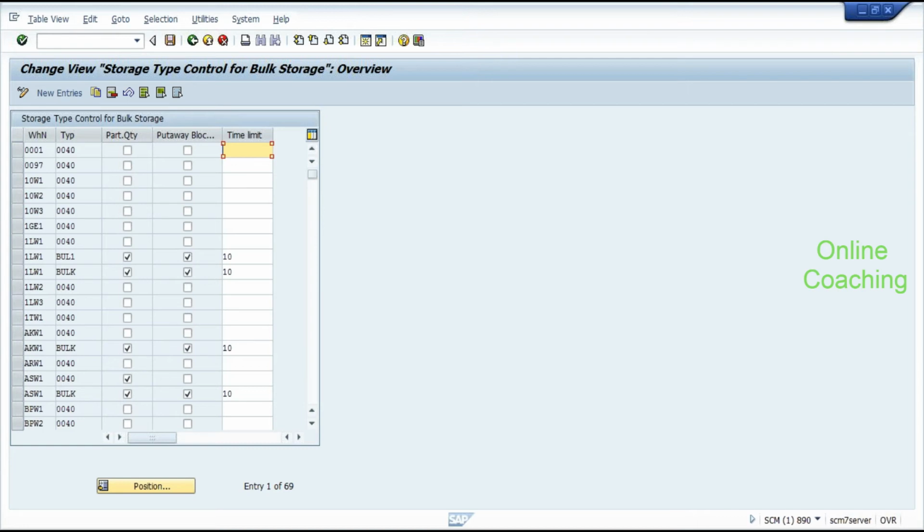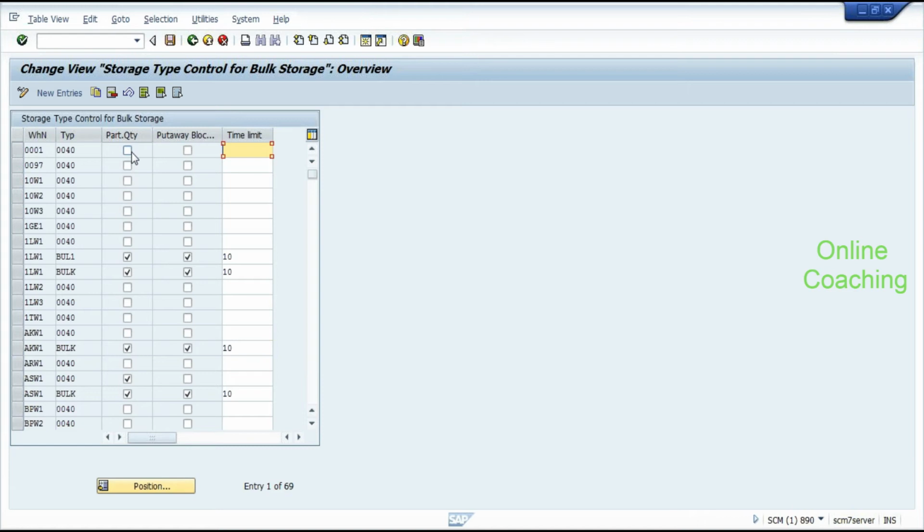Once you assign it, there'll already be an entry over here. However, we also need to understand whether in this storage type you need to manage partial quantity,